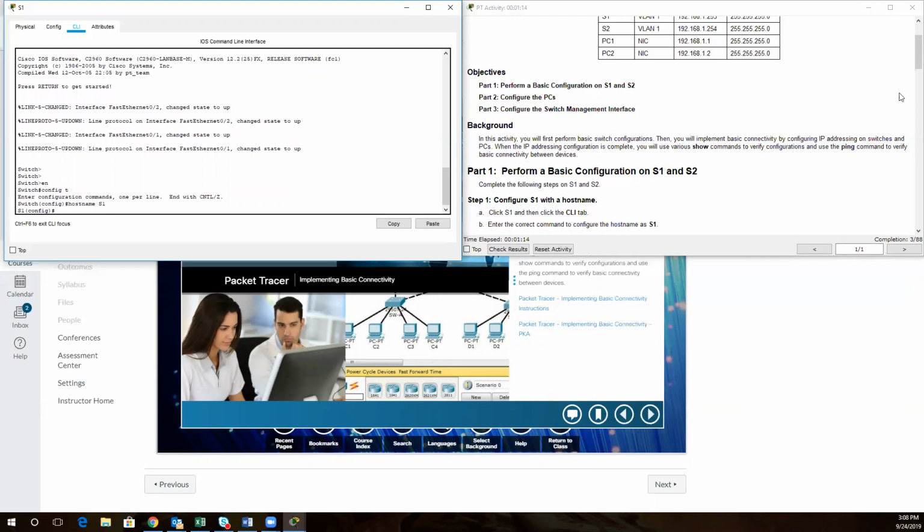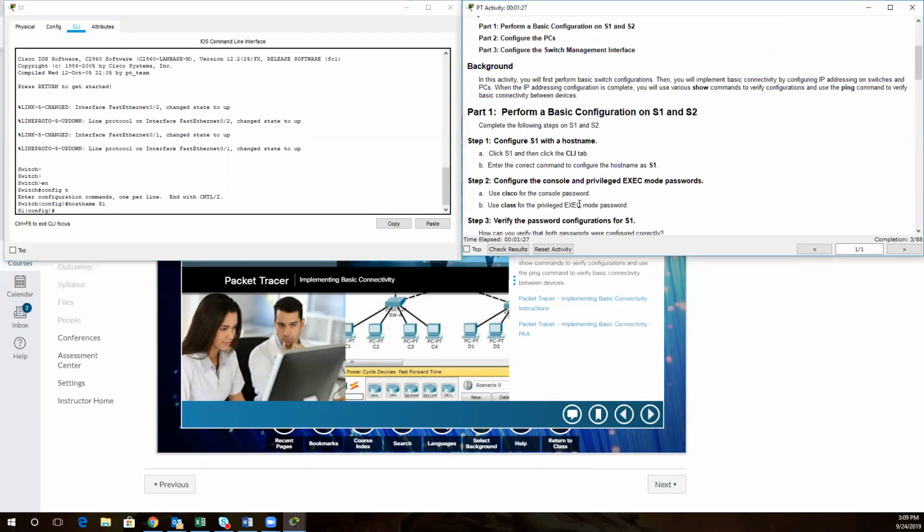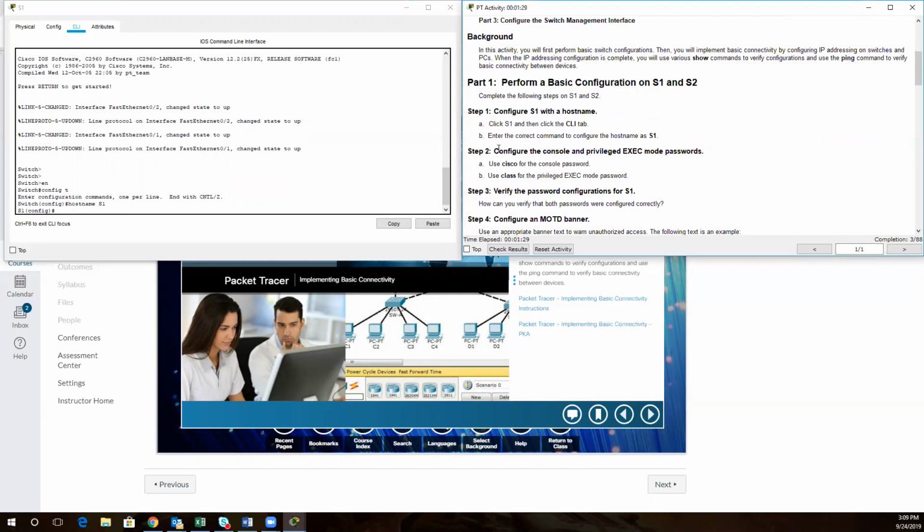Now what should happen, as you noticed here, is that it went from 2 points to 3 points. Where is that? Right here on the far right hand side, where it says completion. I have 3 points now because I put a hostname in. Now watch this. It says, okay,